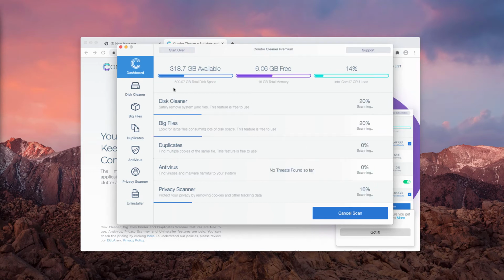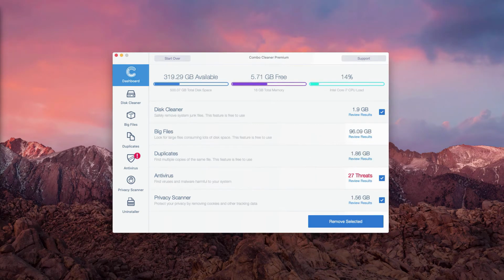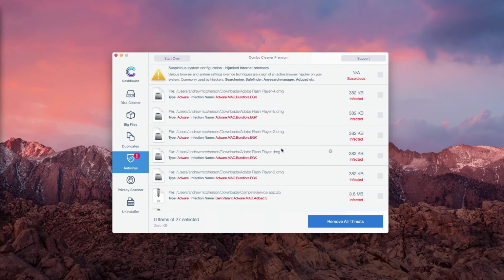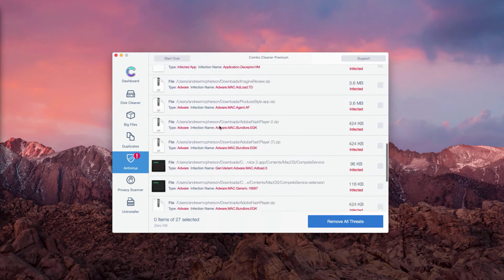So when you click on Start Combo Scan, the program will begin free scanning of your Mac. And at the end of the scan, the software will give you a detailed report. So this is the end of scanning by Combo Cleaner Antivirus for Mac. You may go to the antivirus section and click on Review Results to see what exact threats were found during